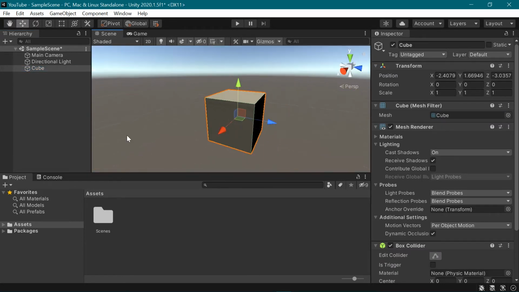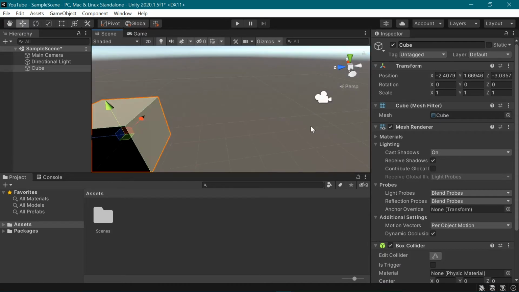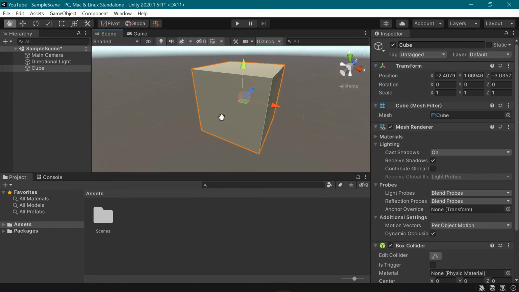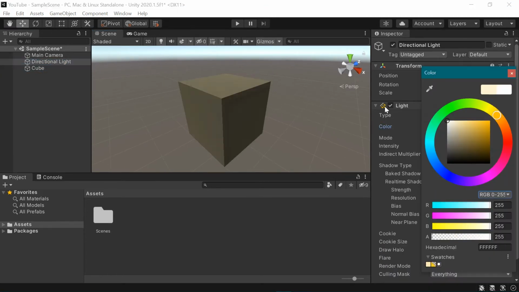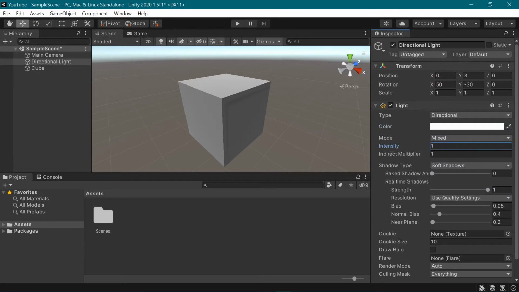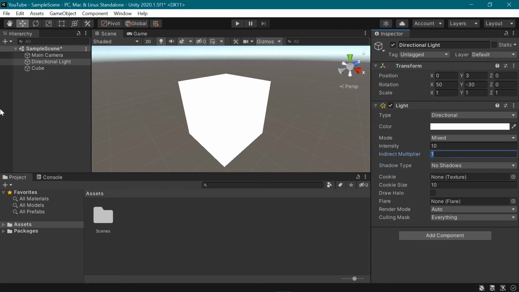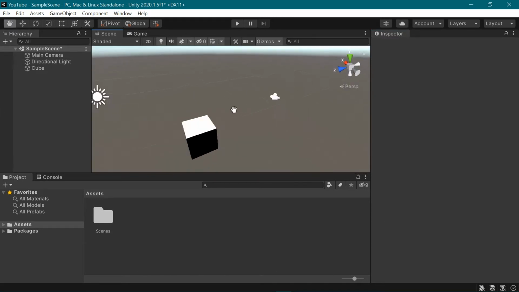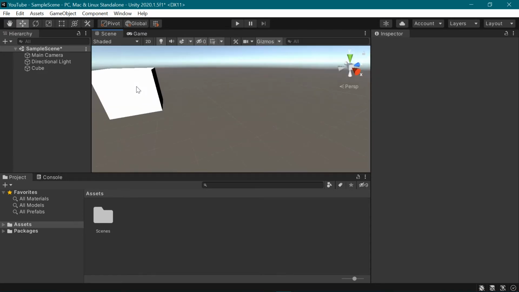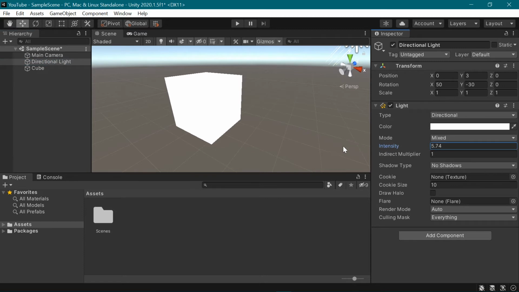Now you'll have something like this. Okay, so just let us make it white. So first thing, let's just change the color of our lights here, and let's just increase the intensity to around 10 and put no shadows. As you can see, you should have something of this kind. Okay, like that. So if this is a little bit too much for you, just decrease this value like so,